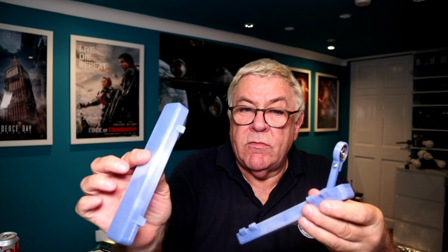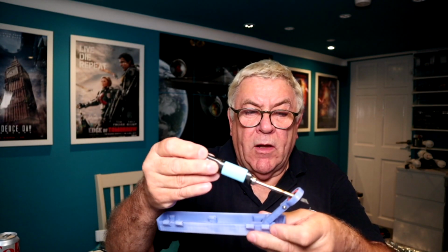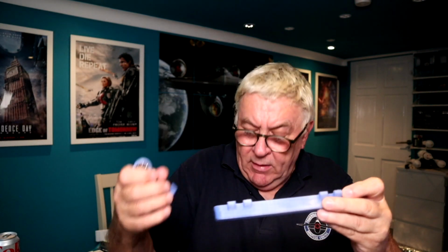And this bit here, you just pull it out. This bit with the ball bearing on, slide it in that bit there. I haven't put these together yet. I need to put a bit of wire through there to make the hinge. But you put that bit in there, and then that acts as a holder for your soldering iron, and because it's a ball bearing, it's just touching the metal, not the plastic, so it won't get hot. Then you just take it out, store it in the lid, put your soldering iron back, so there's space for